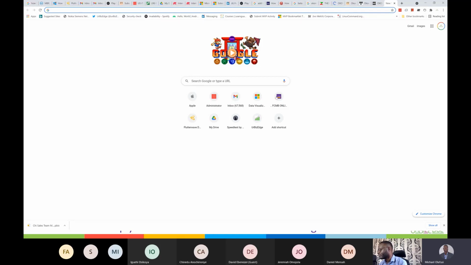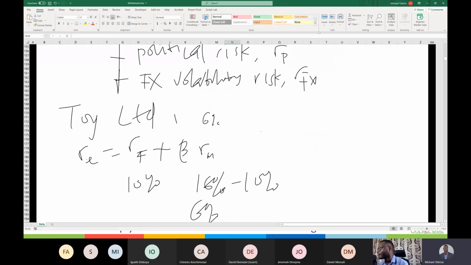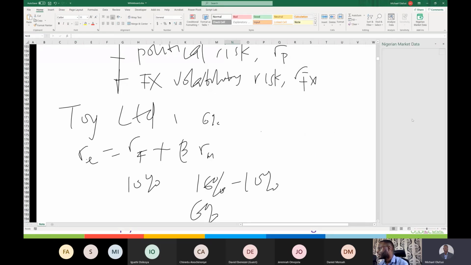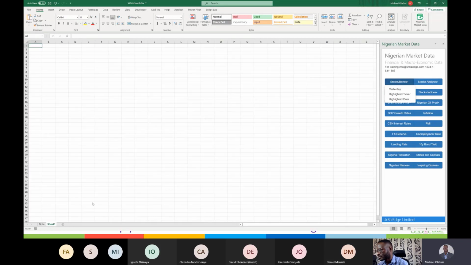Well, let's see if we can calculate it ourselves. Let me check the time. 6 more minutes. No, I'm not calculating it myself. It has a formula, the variance-covariance. If I just get the prices of the stocks, which you can get if you have my app, Nigerian market data, you can get the price history of Okomu Oil. You can just type Okomu.